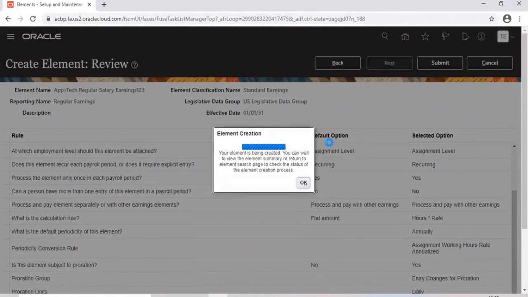So based on that calculation card, your tax elements, deduction elements, everything will be created. Again, when I say deduction elements, not all deduction elements will be created. Take salary advance, for example. That is not delivered, right? That is not a legislative element. I have taken a salary advance, I have to pay back to my company. That is a standard deduction. So you have to define such deductions manually.